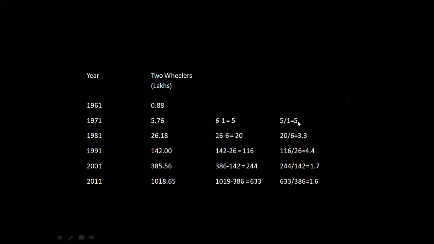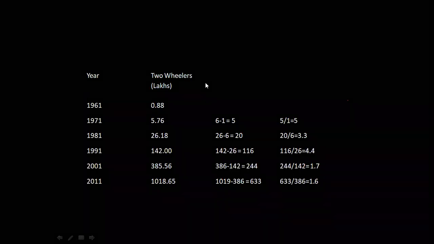My suggestion is that if the numbers are different in the unit place, you don't need to go for further simplification in decimals. In the same way, when I went through the 2001 and 2011 data, the unit place is 1 and 1, the same value. So when I come to a conclusion, we can remove the first option, the second option and the third option, because the unit places are all different. But when it comes to the decrease, 2001 and 2011 are similar because the unit places are the same.